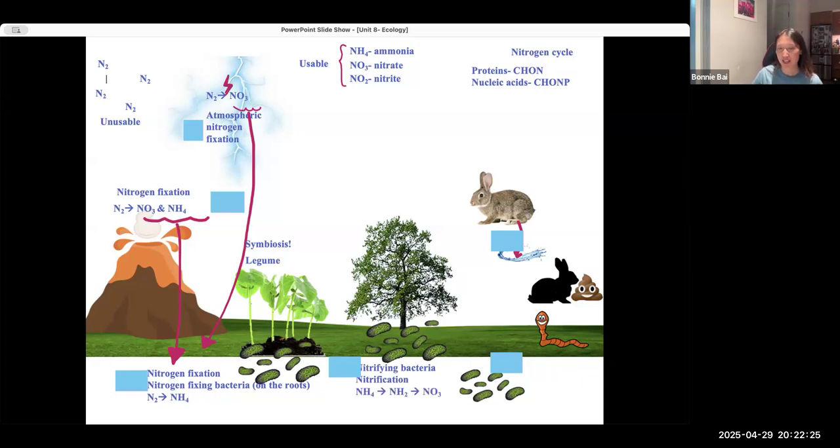Another type of bacteria is called nitrifying bacteria. They kind of turn one form of nitrogen into another form. You don't need to know the details. But they don't have a symbiotic relationship. They're plants anyway. They need some sort of nitrogen from the soil. That's really all you need to know.